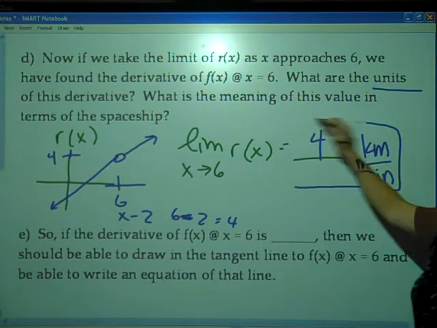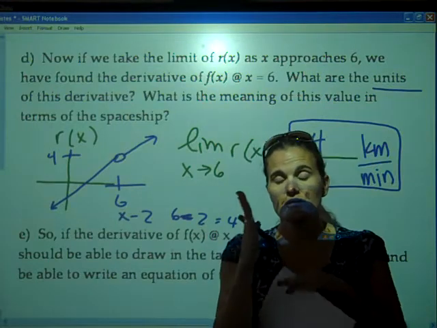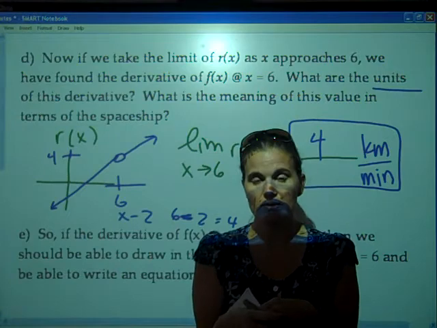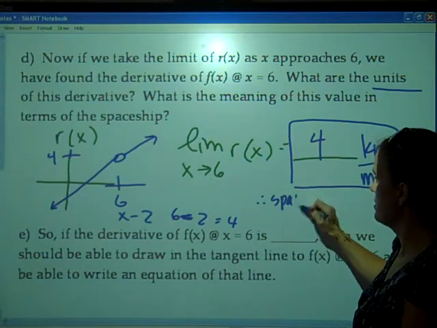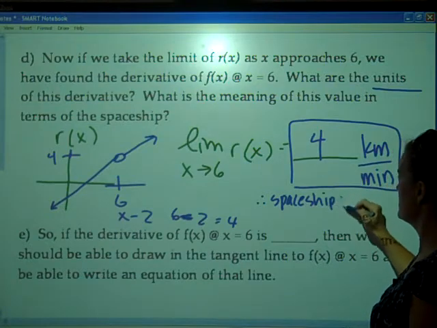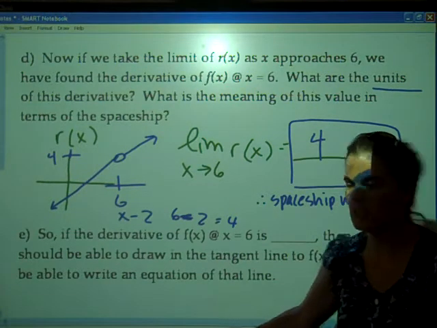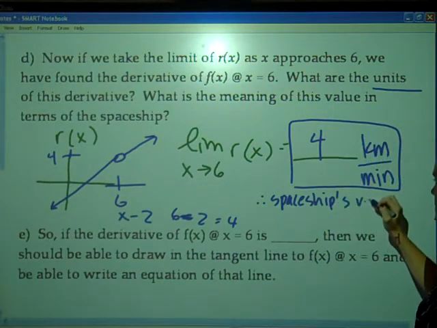Okay. And then what is the meaning of this value in terms of the spaceship? Realize that if you have a distance versus time graph and you're looking at the derivative, that will give you the velocity at that given time. So this is saying that the spaceship's velocity